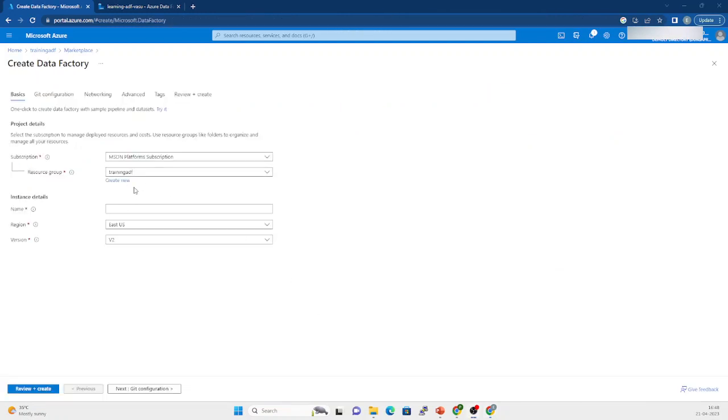Enter a few details here, and you can choose the respective resource group. Resource groups are basically for categorizing your resources, segregating them into one particular group. You can either create a new resource group, or you can leverage an existing resource group, whichever you want. And here is the option to create a new resource group if you wish to segregate this resource